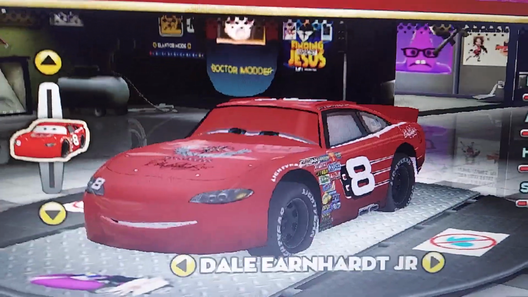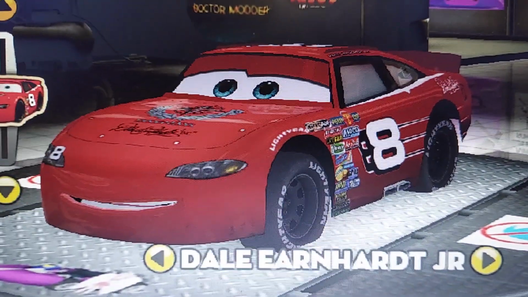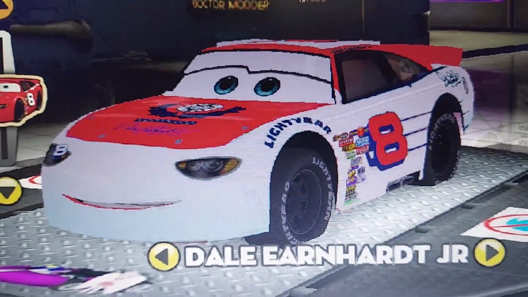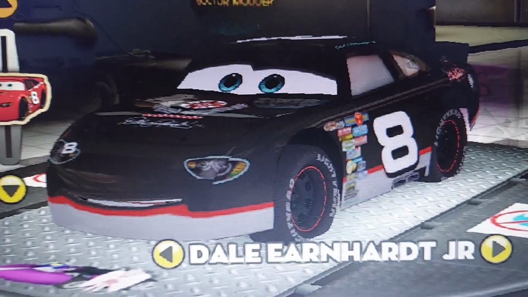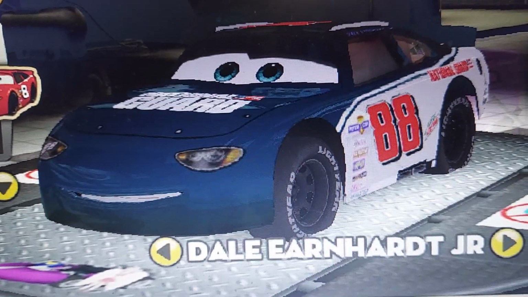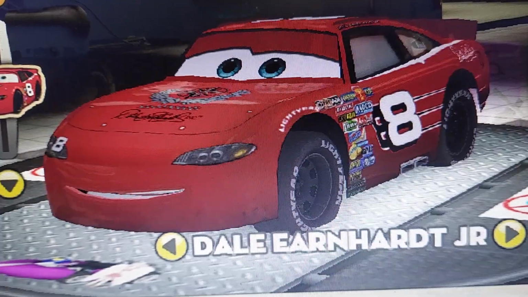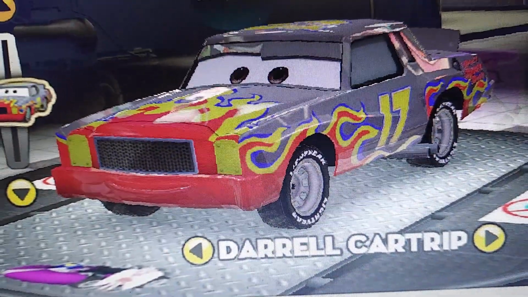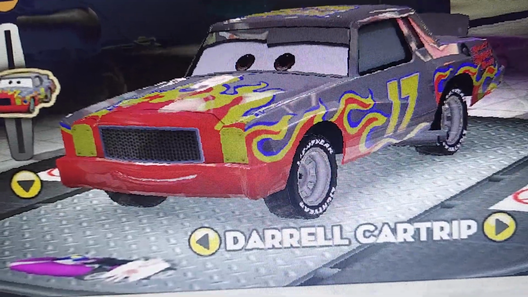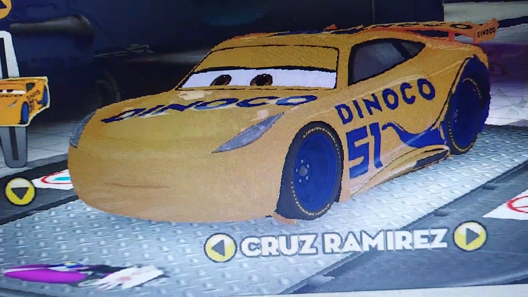I also have an extra slot Dale Earnhardt Jr. So Dale Jr. of course has had his own slot for a while, and he has his 2004 Daytona 500 win, 2006 throwback to his father, and some 2008 2009 base paint jobs, basically his Cars 3 versions. I was basically too lazy to clarify them or change them to Junior Motorsports, but I digress. So then we got Daryl, Cruz, Jackson,